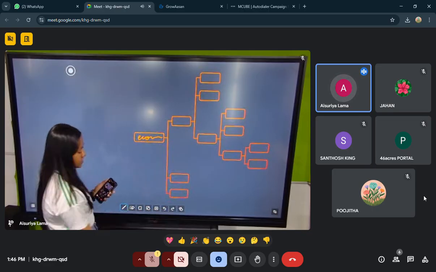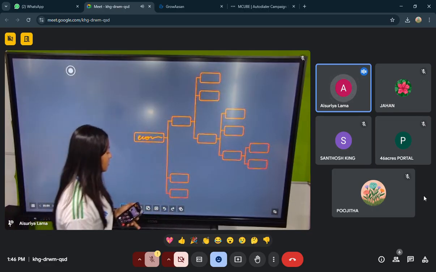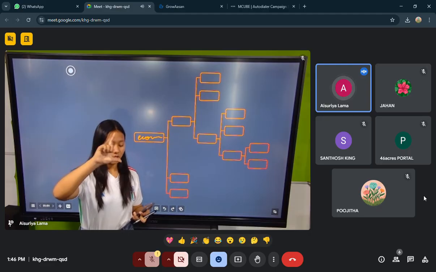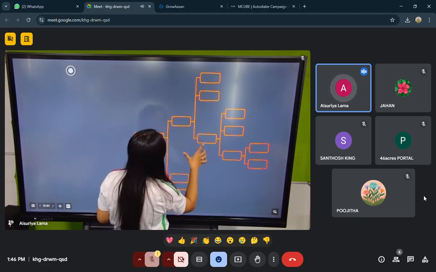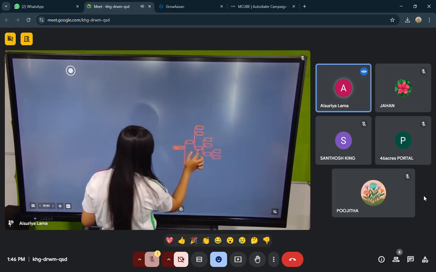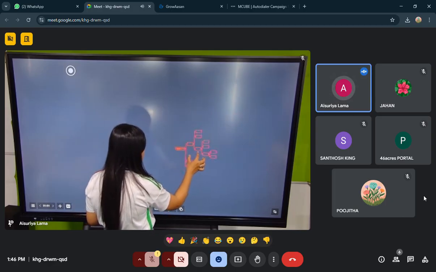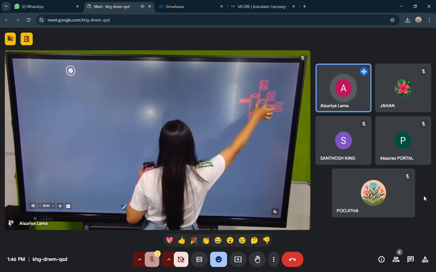Then here you have finger gestures. So what is finger gestures? The first finger gesture is this. So this is for maximizing or minimizing the size of the particular content. Now you can just minimize the size and you can just put it on the side.